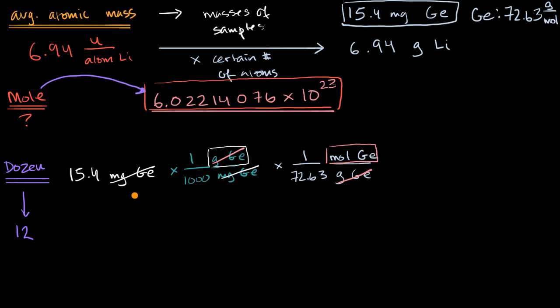And in actual chemistry practice, finding out the moles of a substance might actually be the most useful thing. But if you wanted to find out the actual atoms of germanium that we're dealing with, we will just multiply by the number of atoms you have per mole. And this is going to be true for any element. For every mole, you have Avogadro's number of atoms. And we're going to approximate that as 6.022 times 10 to the 23rd atoms of germanium for every 1 mole